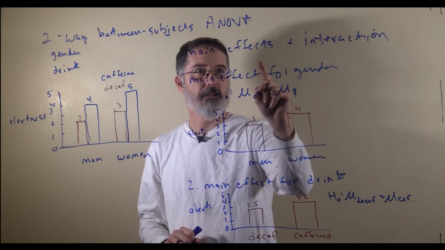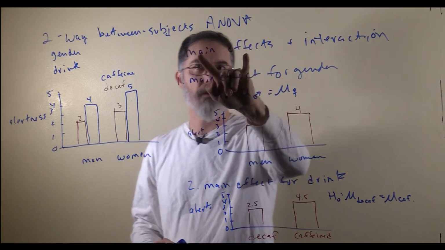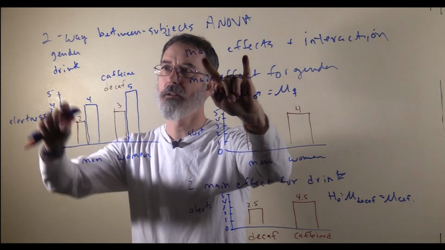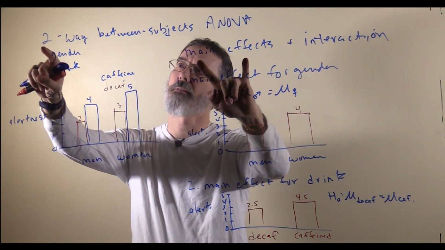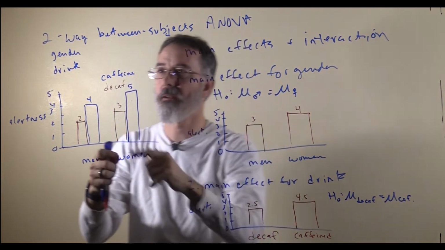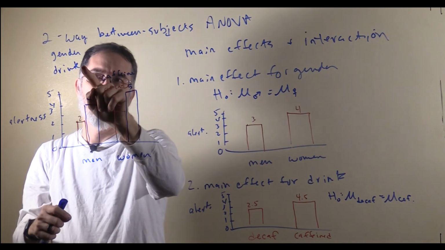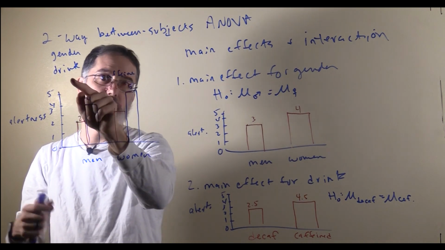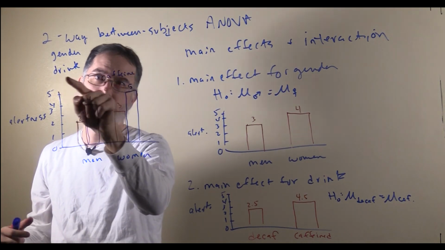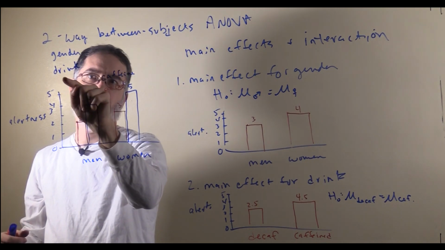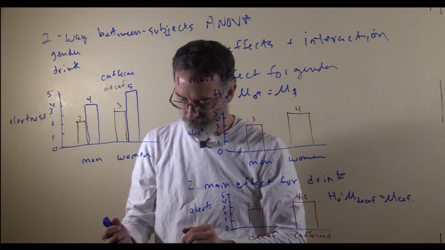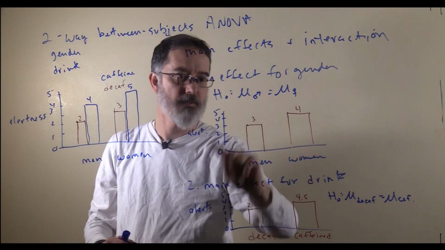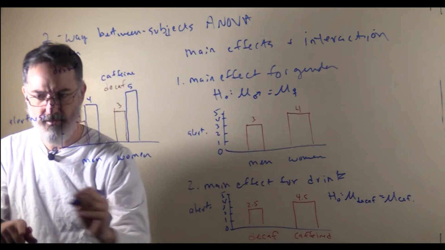Those are both main effects, so there's always one main effect per variable. If you have a two-way ANOVA, there's two main effects. If you had a three-way ANOVA, there'd be three main effects. So if we had gender, drink, and year in school, freshman, sophomore, junior, senior, that would be a third variable, and that would have its own main effect if we had that in there. So we have the main effect for gender, main effect for drink, and then we have